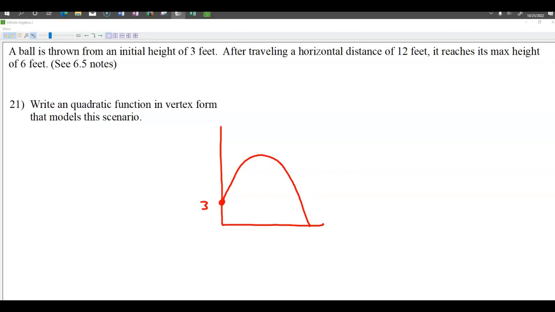They tell us that after it's traveled a distance of 12 feet, it's reached its maximum height of 6 feet. Okay, so what we have here is a parabola where the vertex is... I'm sorry, that's backwards actually. It's 12, 6. The x value is 12. The height is 6. And we have the starting point, which is an x value of 0 and a y